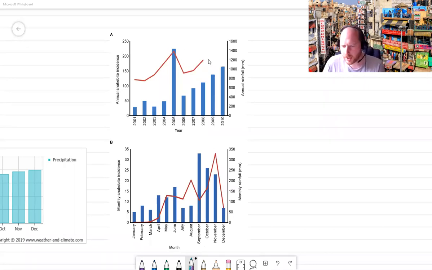Now, I haven't had time to research why snakes come out in the rain so much, but maybe it's because they're all floating around. Maybe they're pushed out of their homes by all the rainwater, and they end up going into people's houses and giving them a bite. That's what I imagine. But like I say, I haven't researched it. So maybe you've got a better idea as to why snakes come out in the rain. Maybe they just like little umbrellas, and they just walk around in their umbrellas biting people.